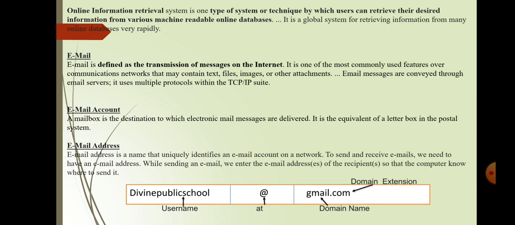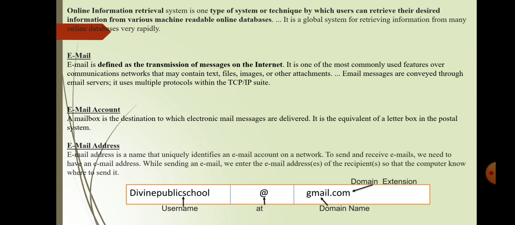Next component, domain name. Domain name is the location of the person's account on the internet. Location of the person's account on the internet means through which email server you are creating your email ID. Like in the example, I mentioned Gmail.